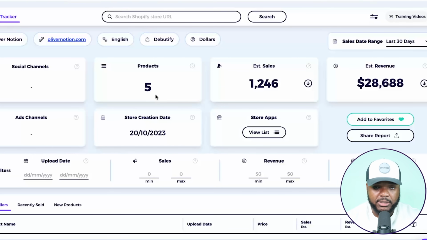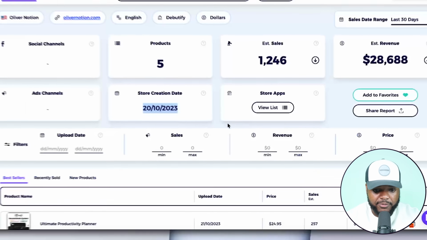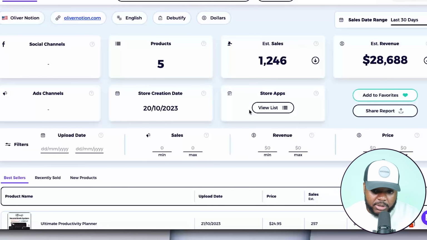They've got 5, the ones that I just showed you, the estimated amount of orders they've had, when they created their store. As you can see, they created it right when it was in the middle of the peak. And we can just generally see a lot of information when it comes to which one of their products are getting the most traffic. And the reason why I'm showing you Zeek Analytics in this particular use case is because